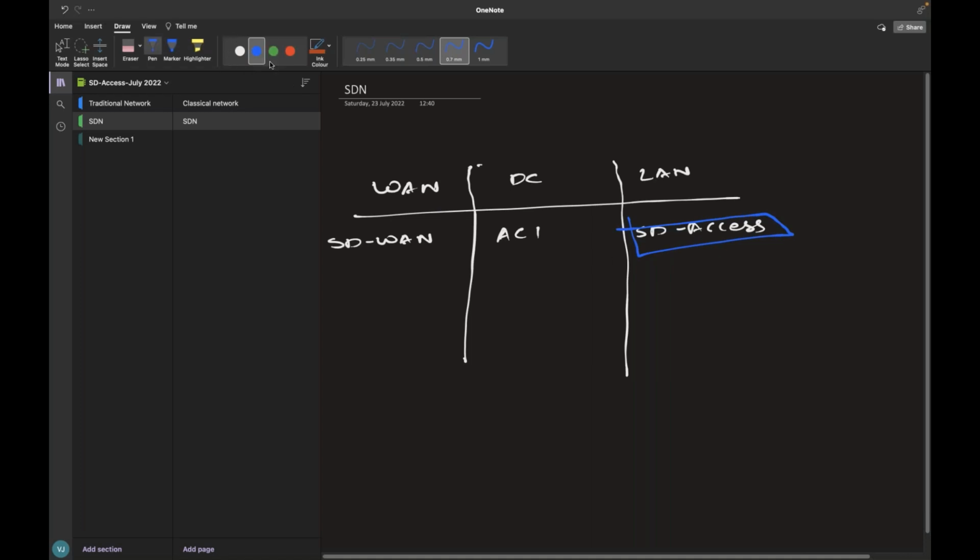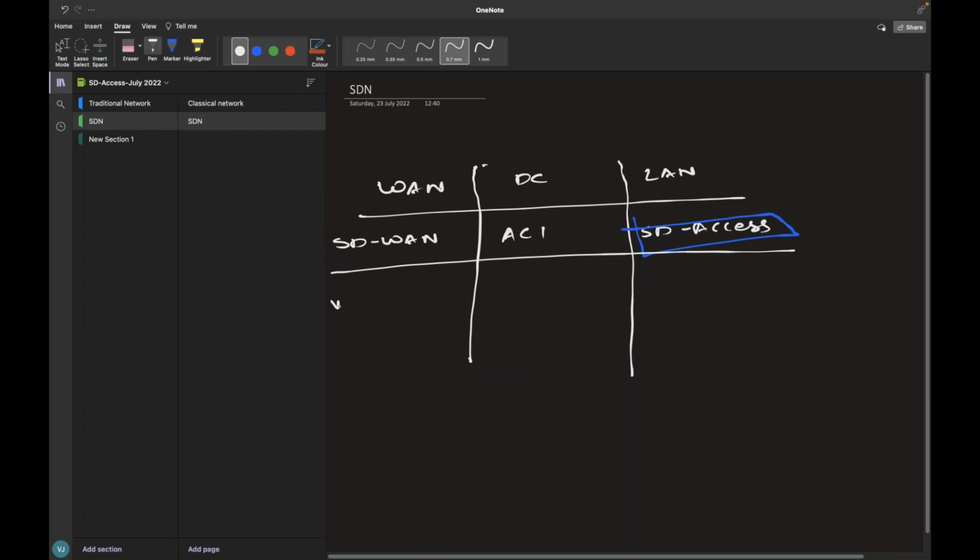Now, when we talk about the SDN framework and say that it's a controller-based environment, there are three controllers.